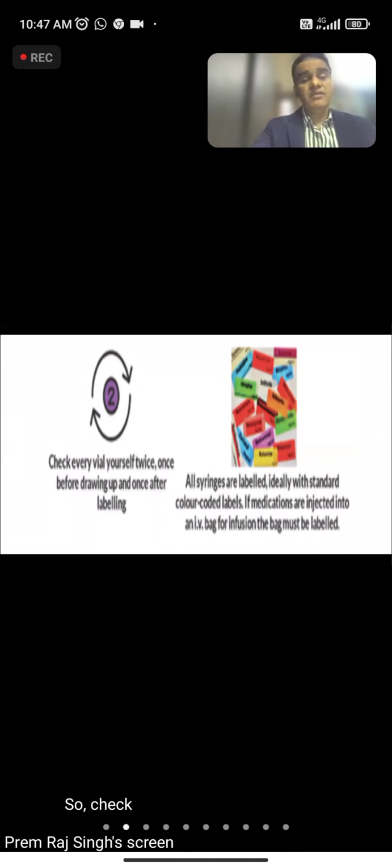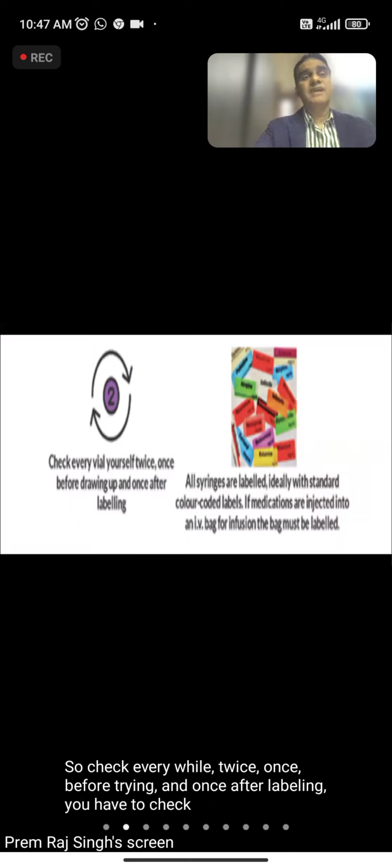Check every vial twice, once before drawing up and once after labeling. You have to check for the expiry date and